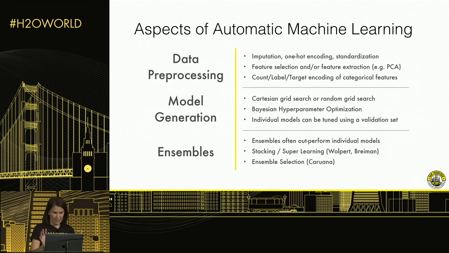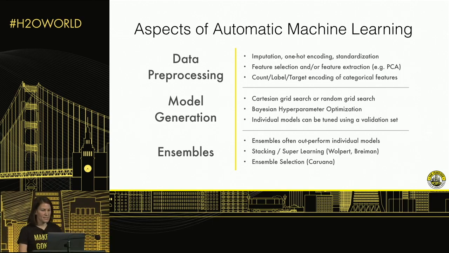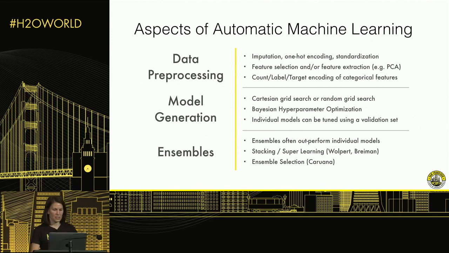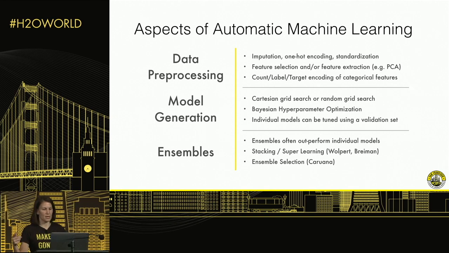Okay, so now let's say we've done our data preprocessing, and now if we want to generate models, there's a bunch of different ways we can do that. So the most straightforward thing would be to do a grid search or a random search. And then there's another type of technique called Bayesian hyperparameter optimization, which is a sequential approach to generating models where